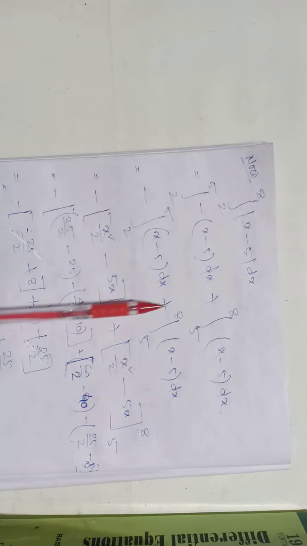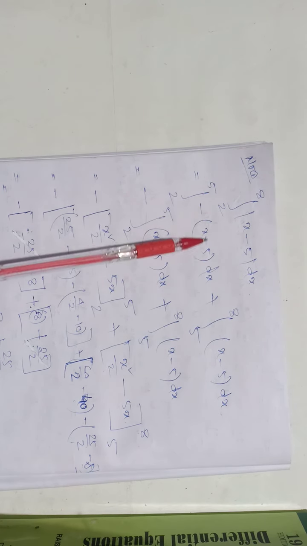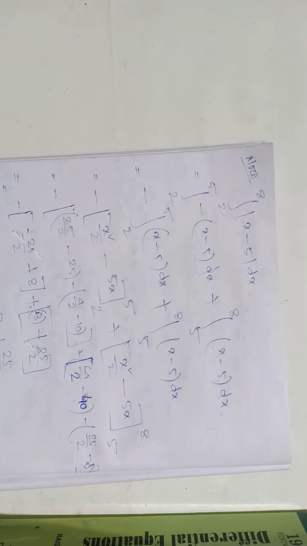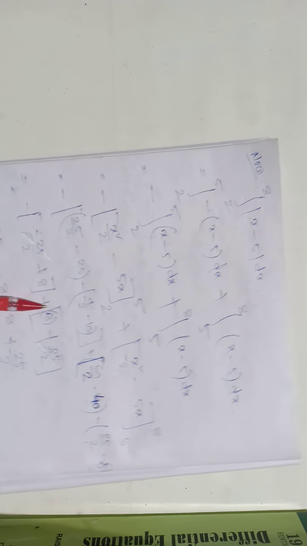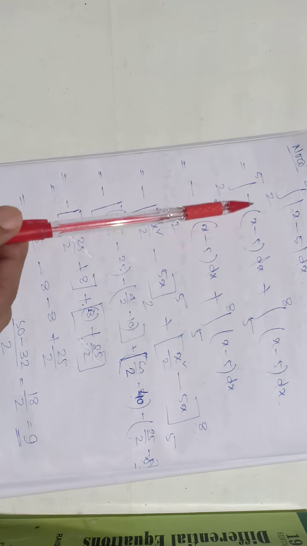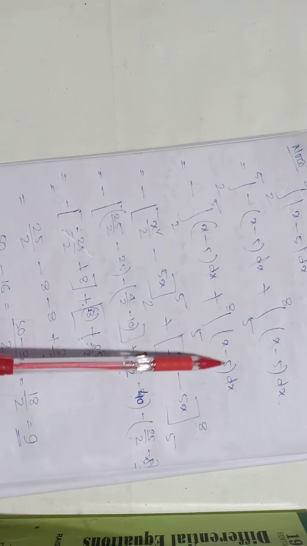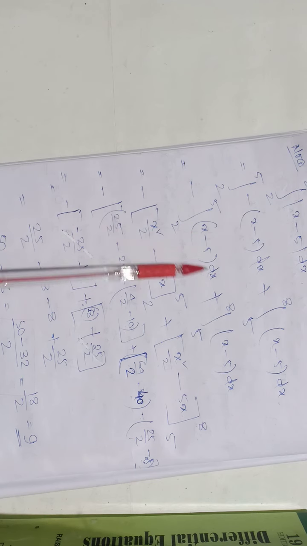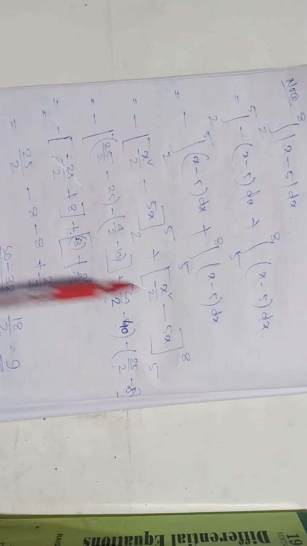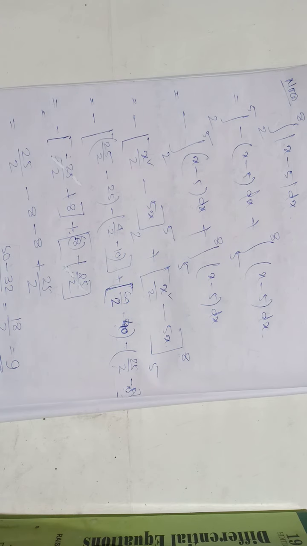You can see here from 2 to 5, its value is negative, so the integral of minus (x minus 5) dx, and from 5 to 8, the integral of (x minus 5) dx. Now this minus comes out from the integration: minus the integral from 2 to 5 of (x minus 5) dx plus the integral from 5 to 8 of (x minus 5) dx. So the integration of x is x squared by 2 minus 5x, integrated from 2 to 5, and here also x squared by 2 minus 5x, integrated from 5 to 8.